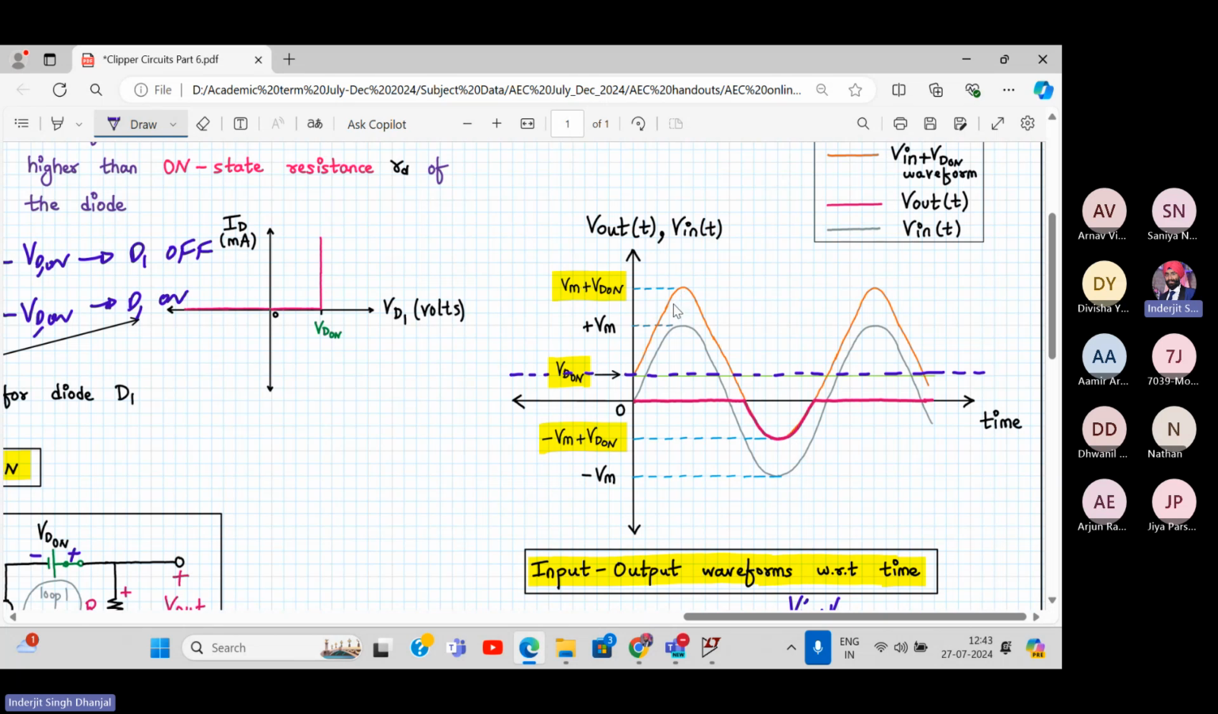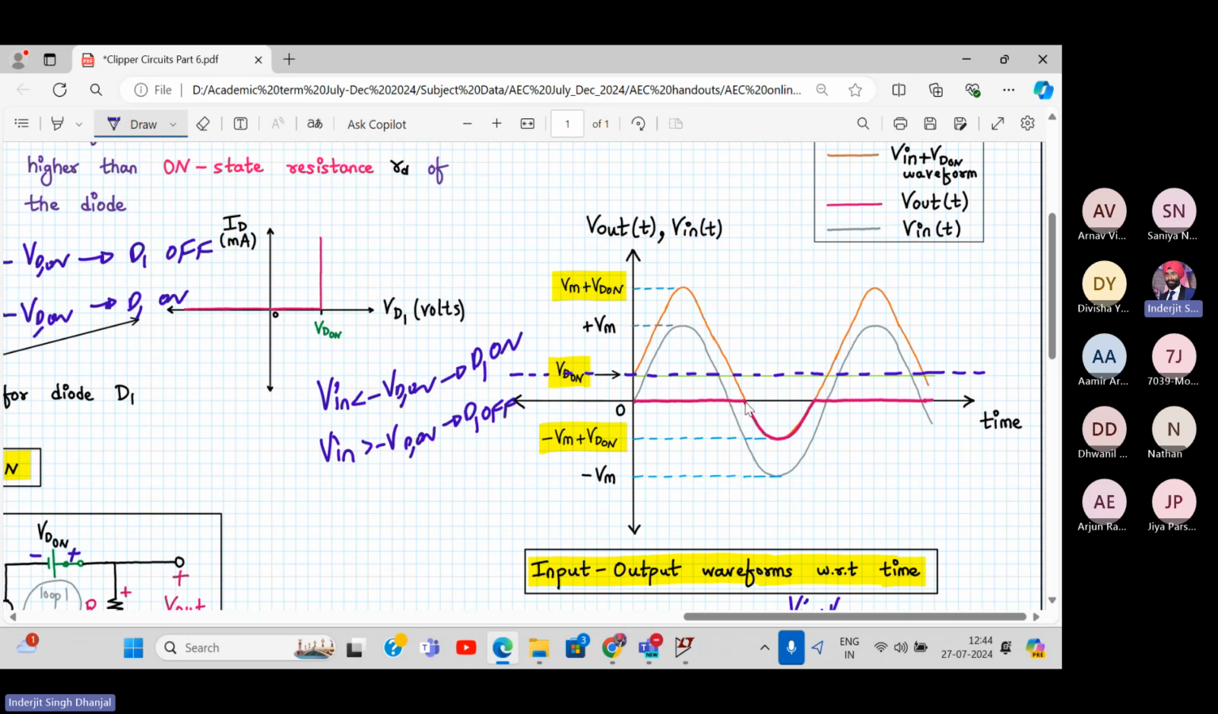Okay. For this waveform. Now Vin has to be less than minus VD on. So what is the condition? Vin less than minus VD on, diode will be on. Vin greater than minus VD on, diode is off. When the diode is off, it is zero. So from where to where is it zero? From here to here it is zero. Why is it zero up till here? Because at this point,